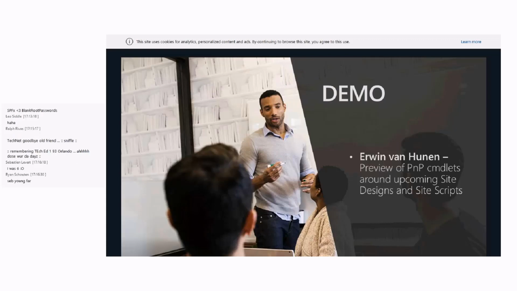Cool. Let's actually start the first of today's demos, and let's start with Erwin. So Erwin is going to show some of the preview of the PnP commandlets around the upcoming site designs and site scripts capabilities, and most likely he's going to do a live demo on the site designs as well. We've been doing these demos a few times already in the special interest group call, and before somebody asks when this is live, it's going to be live.